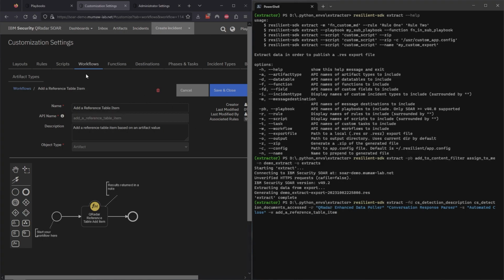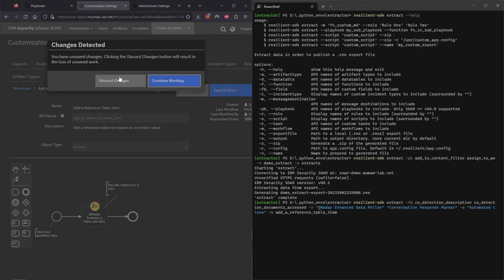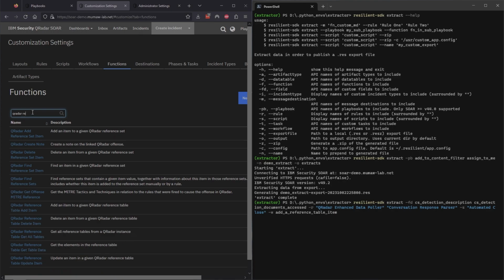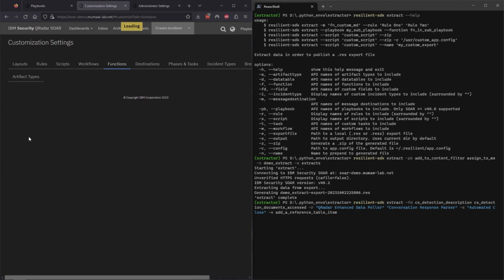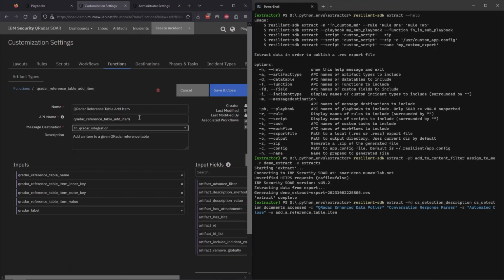Because of the fact that we're grabbing a workflow, let's make sure that we go ahead and grab the function reference down here. So we're going to look for this QRadar reference table add item. All right, here we go. We've gone ahead and found that function. We'll go ahead and copy, and we will add the function by doing a -F this time and adding that